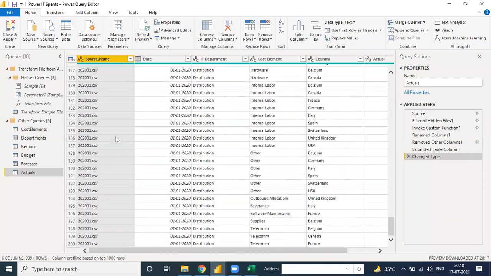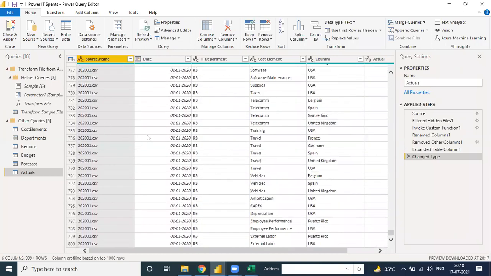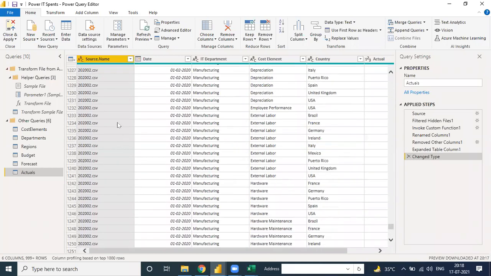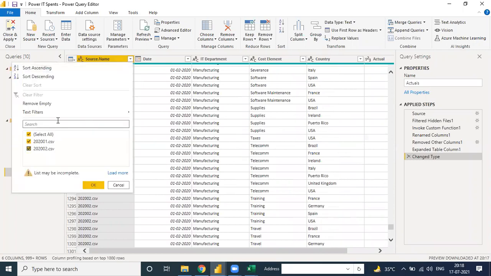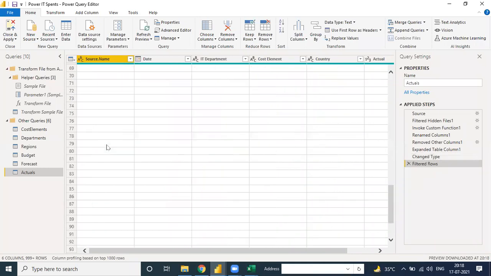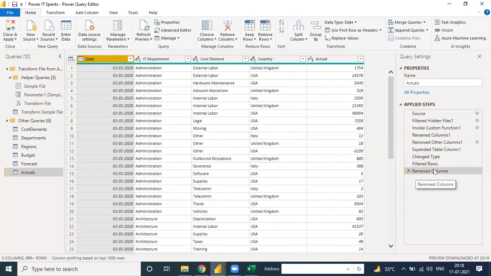We see all the actual files. There's the file name column, with 1, 2, and in the drop down 3, 4. All the actual files are automatically combined. After that, suppose we don't need the file name column. So here I click and remove this column. The column is removed and the step is recorded there. So now we can directly close and apply.